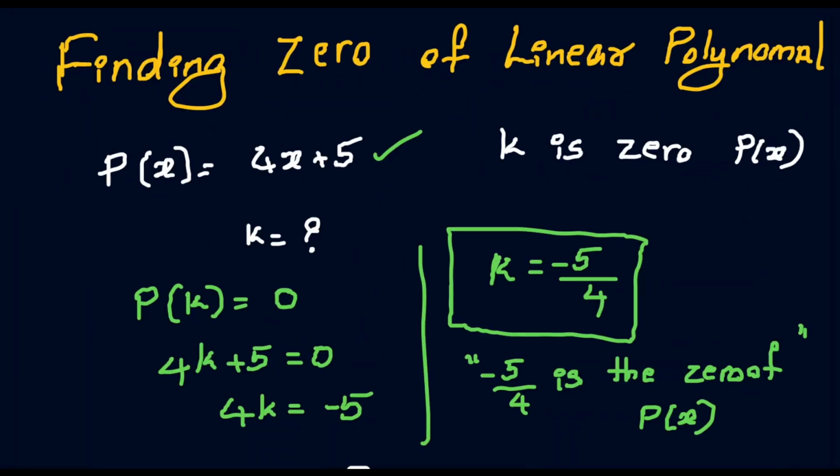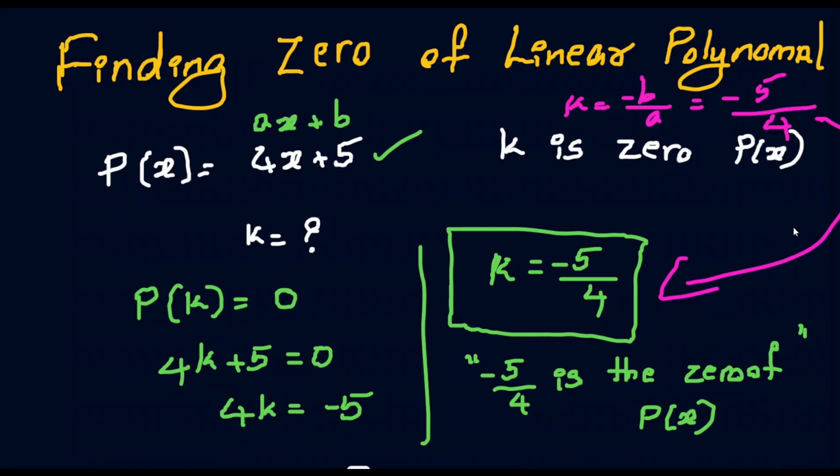So here, what is the polynomial I have considered? 4x plus 5, right? So it is in the ax plus b form, and they are saying k is a 0 of this polynomial. Then k is nothing but minus b by a, right? So as usual, minus. In the place of b, what do we have? 5. 5 by, in the place of a, what do we have? 4. So both match, right? Without doing any steps or actual math, with a simple formula we have found the 0 of this polynomial, right? I hope you understand this lecture.